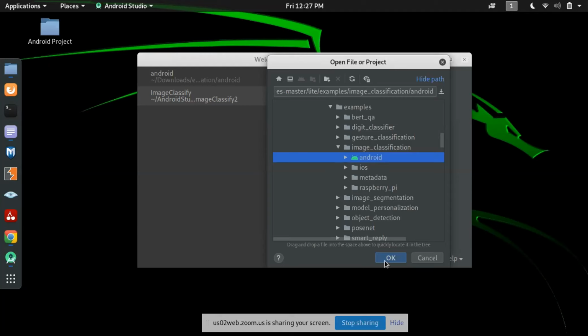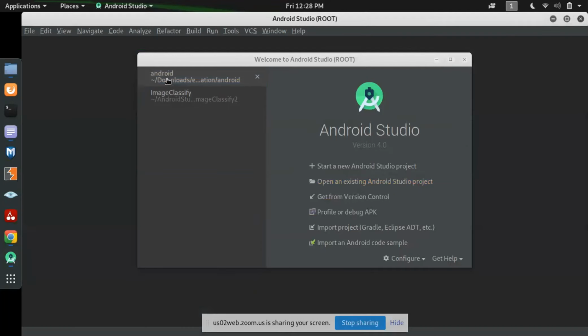When you work on this for the first time, it will take lots of time to open, and it will download lots of dependencies. So don't worry about that. It will slowly download all the dependencies, and it will definitely open. I have already downloaded all the dependencies and made that project readily available for you. So, not wasting time, we just look at it. It will load all the modules here.